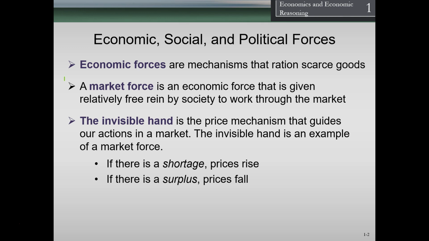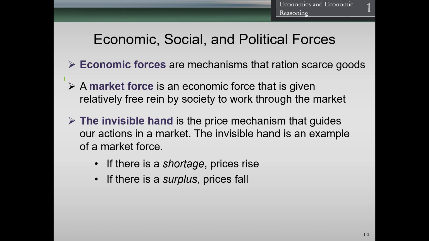So for example, how would that work? Well, in a market, as we'll discuss, if there's going to be a shortage, meaning that we have far fewer goods than the demand out there, what's going to happen with the invisible hand, or a market mechanism, is that prices are going to rise. That'll naturally happen within the free market, with the invisible hand. And what happens when prices rise? The demand for it will go down. People will want it less, and that should even things out.